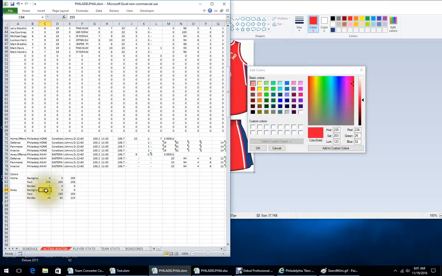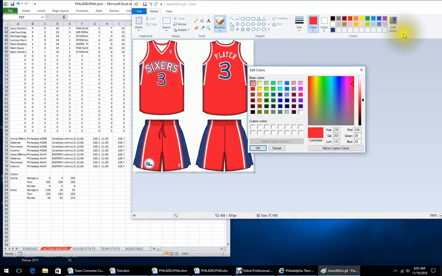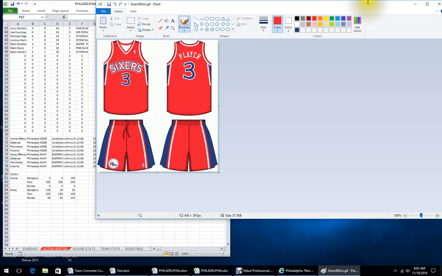The away background will be 236, 26, 52. And the text will be just white, which is 255, 255, 255. Okay. Now, what we didn't do was we didn't open